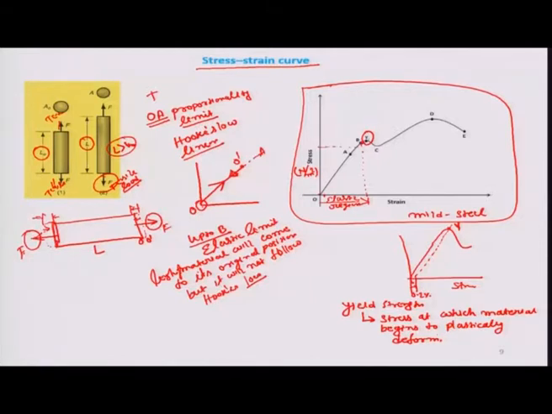It means from there that Y is the upper yield point and C is the lower yield point. From C we can see that the stress value rises again. So actually what happens beyond C is that the material is getting strain hardened.